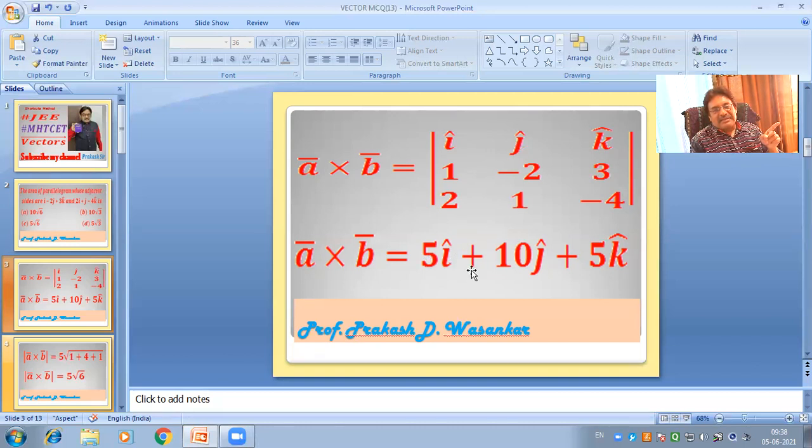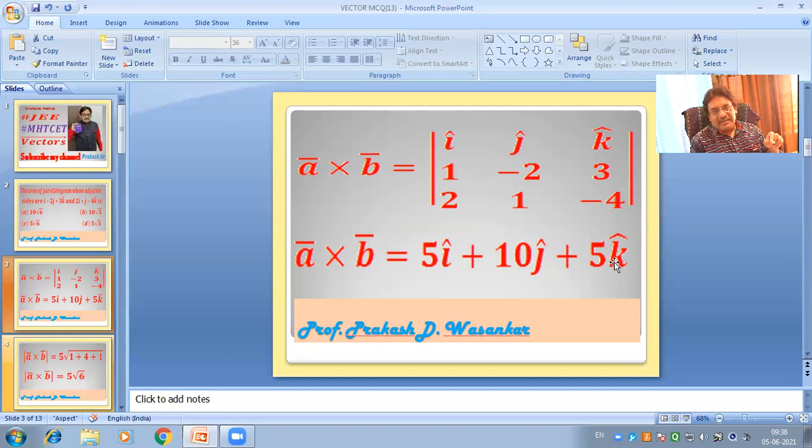Next, minus j times: 1 into minus 4 is minus 4, 2 into 3 is 6, so minus 4 minus 6 is minus 10, and negative times negative is positive, so plus 10j. Plus k